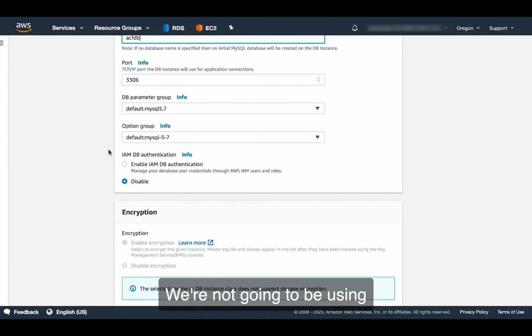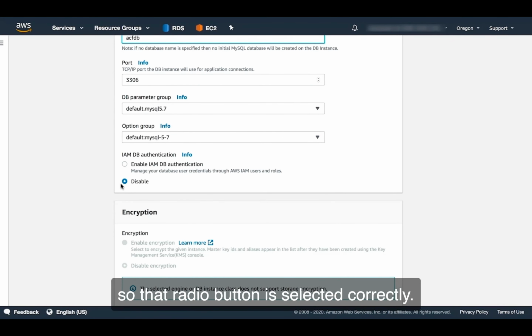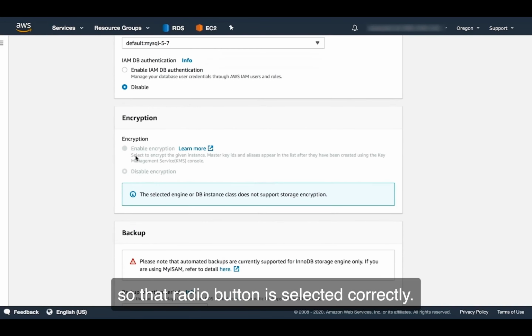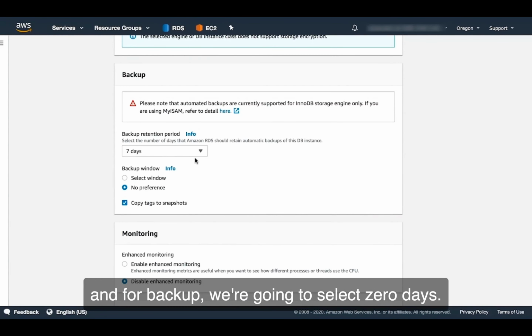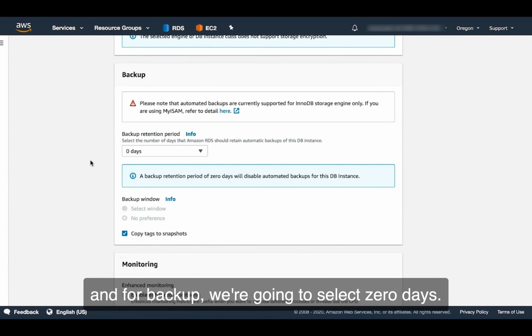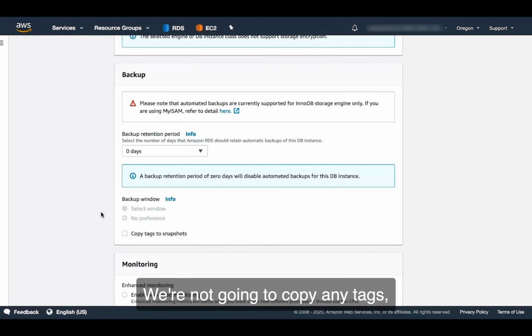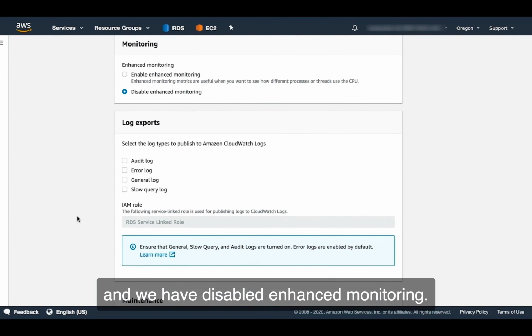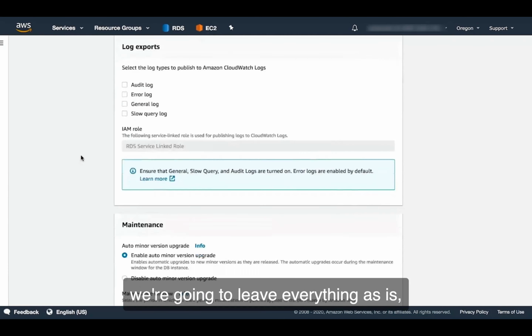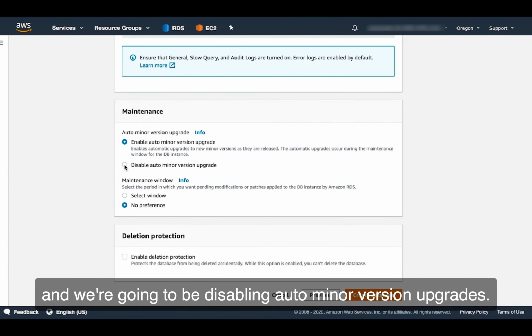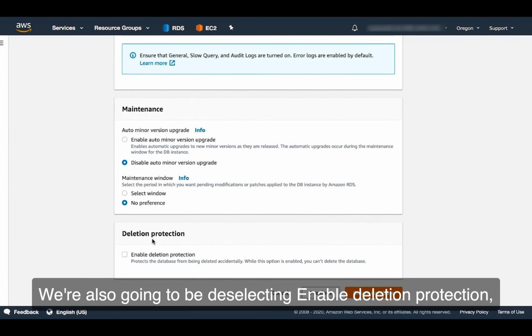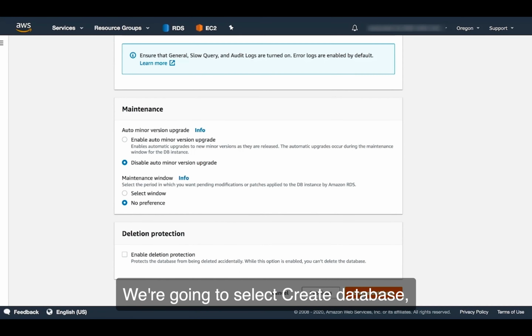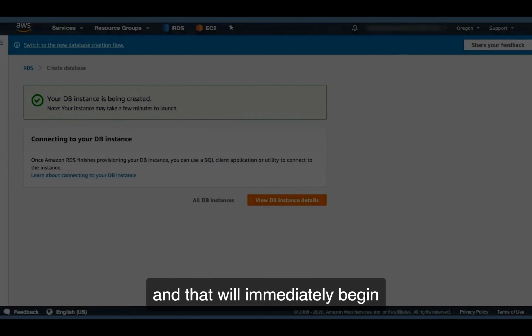We're not going to be using identity and access management authentication, so that radio button is selected correctly. We're not going to be using encryption. And for backup, we're going to select 0 days. We're not going to copy any tags. And we have disabled enhanced monitoring. As far as log exports, we're going to leave everything as is. And we're going to be disabling auto minor version upgrades. We're also going to be deselecting Enable Deletion Protection. That's all it takes. We're going to select Create Database, and that will immediately begin